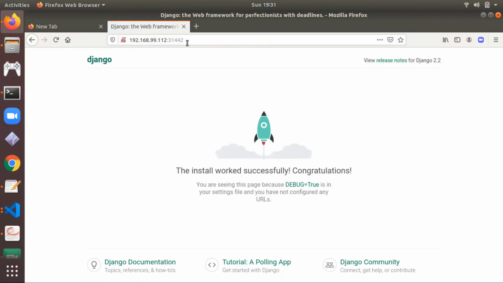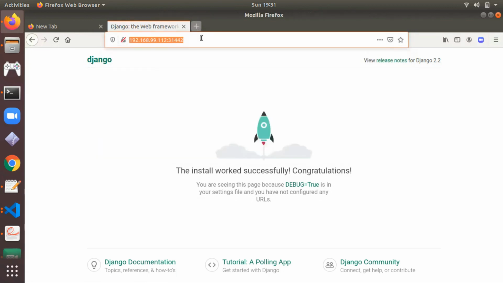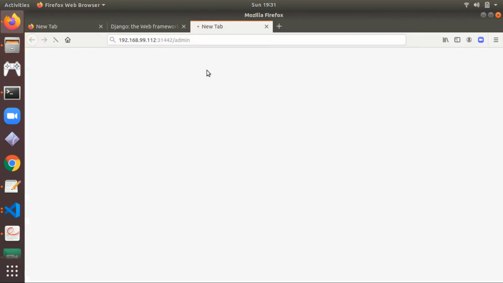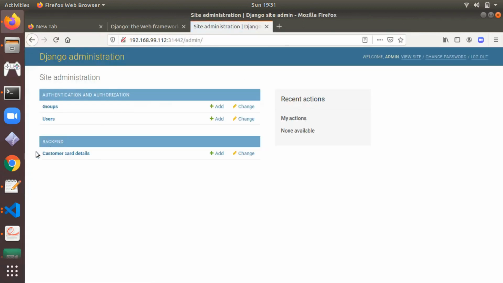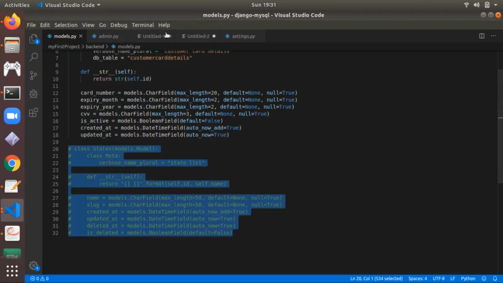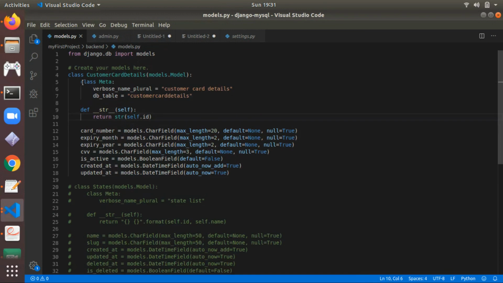And now if I go to access the admin, you can see the admin is also accessible, and here in the backend application we have a single table. Let me show you here. So there is a single model table, customer card details.